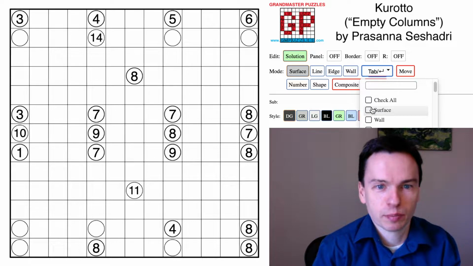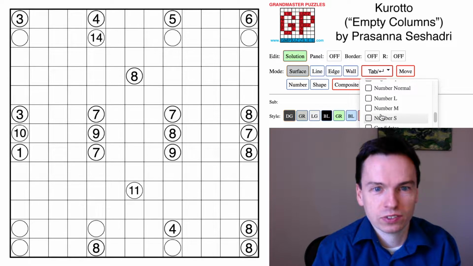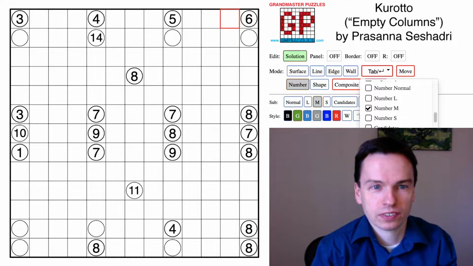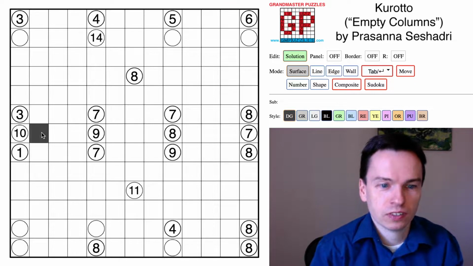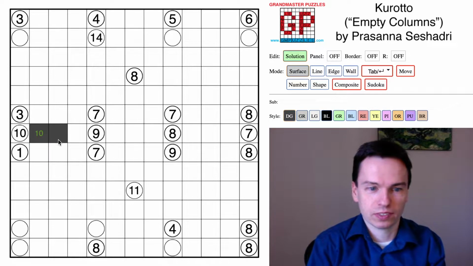challenging puzzle's examples. I think for this puzzle, the two main notations I'll certainly be using are shading and surfaces as usual for the style, but I'm going to turn on numbers again because there's a particular part of the solving path that you can see right at the start, which is that we can mark sometimes the size of groups growing